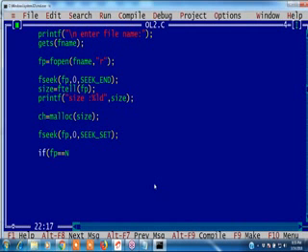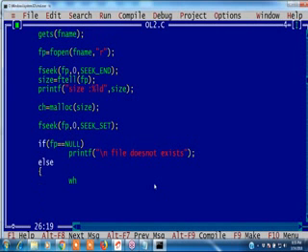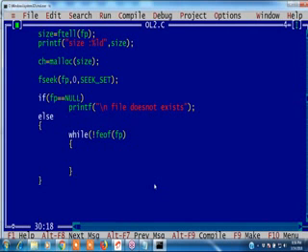Whether the file exists or not, we can write if fp equals NULL, that is, the file doesn't exist. printf file does not exist. If the file is there, else block, here you need to write. Tell me how to read: while not feof of fp. Which format do you want to read? String format. How are you reading a string?